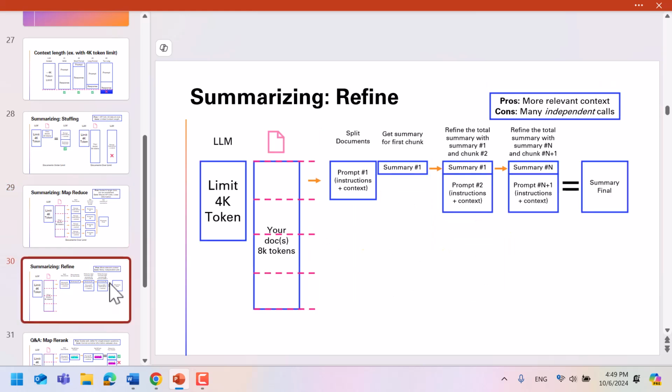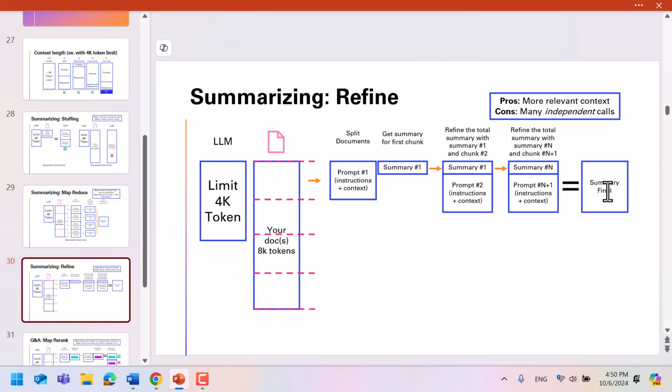Something that I've seen being more efficient and more relevant when it comes to a long conversation about the same topic is to do a refine method. And this is what I've been implementing in the app. So first you do a first summary. It's a sequential method. You do a first summary of the first chunk. Then you go to the second chunk and you take the summary of the first one plus the second chunk and you refine it. And you iterate like this over and over again until you're done with the final summary.